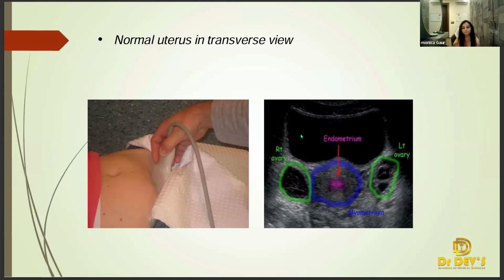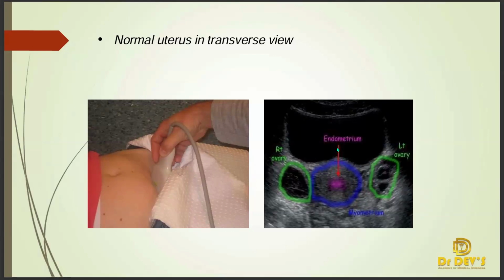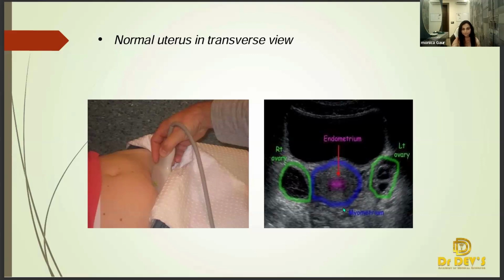So when we talk about the ultrasonography of any organ which is present in the abdomen, we have to take two views. We start with the transverse view. First of all, we put the probe transversely above the pelvis of the patient. What do we see? We see the full urinary bladder. Just below the, posterior to the bladder. Again, this is anterior, posterior, right and left in transverse view.